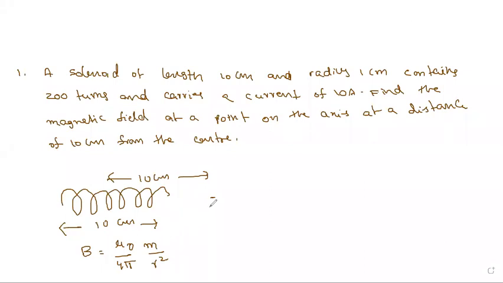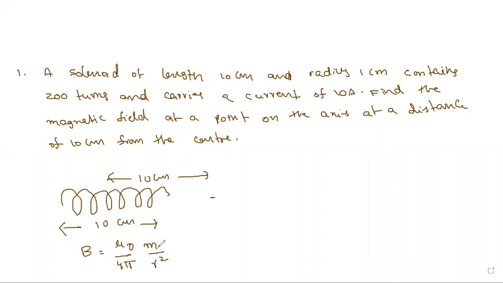So here we have mu naught by 4 pi, which is a constant value. Distance also was given, no problem. But here the important factor is pole strength. The information was given for a solenoid. If it acts as a bar magnet, you have to calculate the pole strength value here. How can we calculate the pole strength? We can calculate pole strength only if you know the value of magnetic moment.